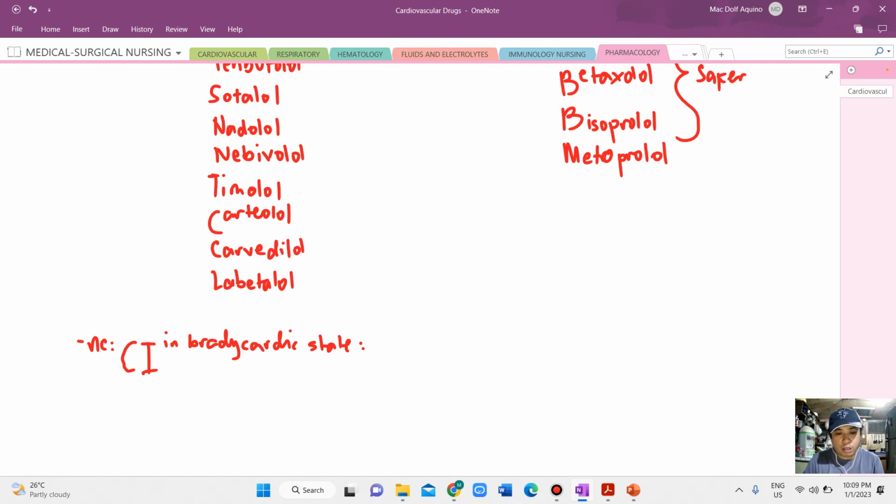Before giving this drug, you need to check history of hypothyroidism and defer. Remember, in hypothyroidism, you are bradycardic. If you give this drug, the heart rate will be even lower. So it is not safe to give when there is